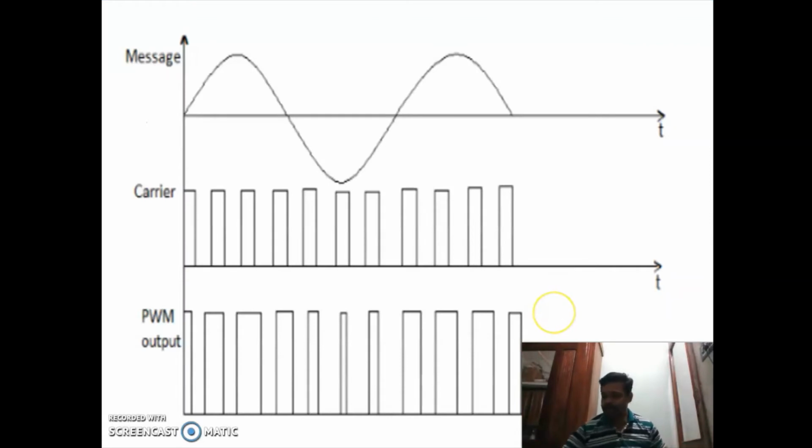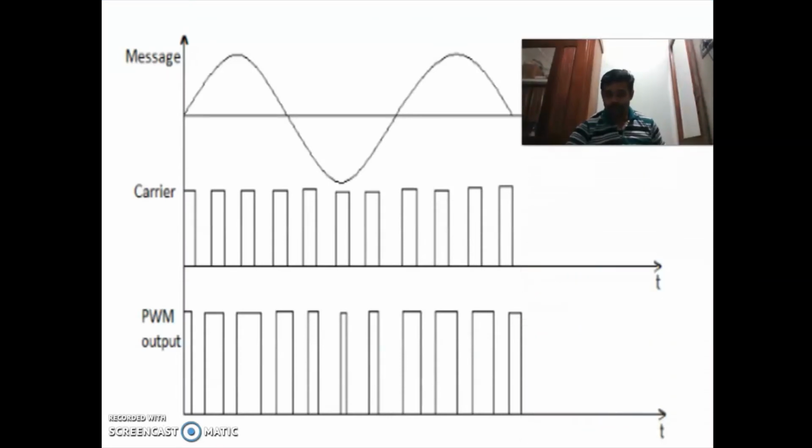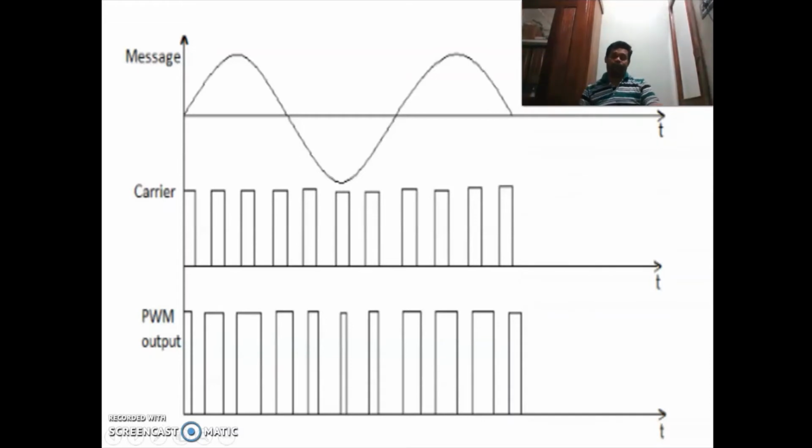Okay. Now this is the diagram, or the waveform, of pulse width modulation. Okay, this is the message signal. This is a carrier signal. Now here the width of the signal is varied. Initially it is having uniform width. Here it will be having uniform width. Now here it is having more width. It is having less width. This is having less width. So the width of the signal varies depending upon the value of this amplitude. Here it is peak value, positive peak, so the width is more. This is negative peak, width is less.